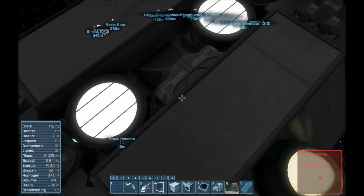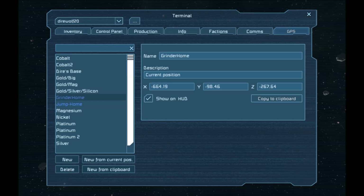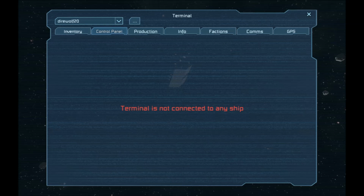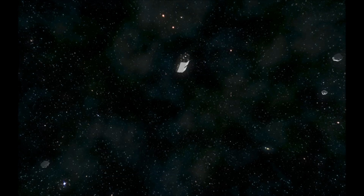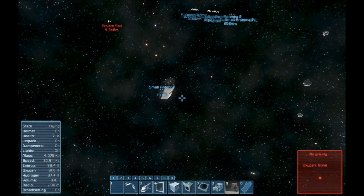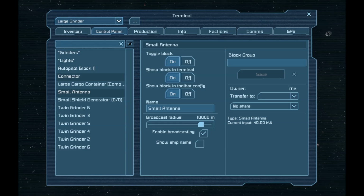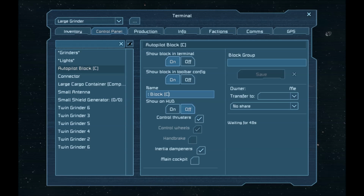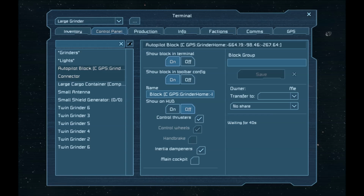I'm going to first tell my grinder ship to go to his new home coordinate, which is what I just defined here as grinder home. Copy to clipboard. Now I think what I should be able to do is just go to autopilot block and do, inertial dampeners shut themselves off on me. Silly inertial dampeners. Large grinder, autopilot block. I'm just going to put C and then paste. And it should paste GPS grind home in there. Now when I switch blocks, I would expect that to...